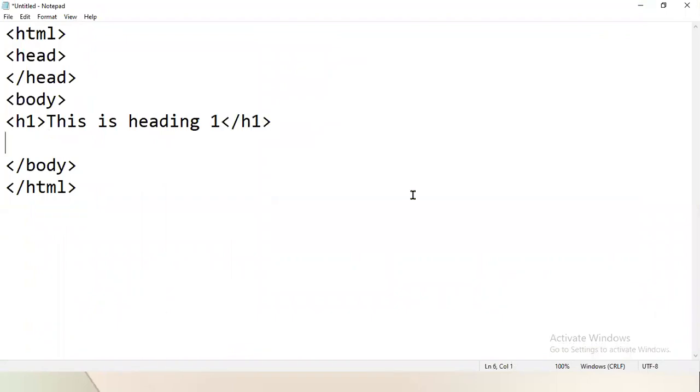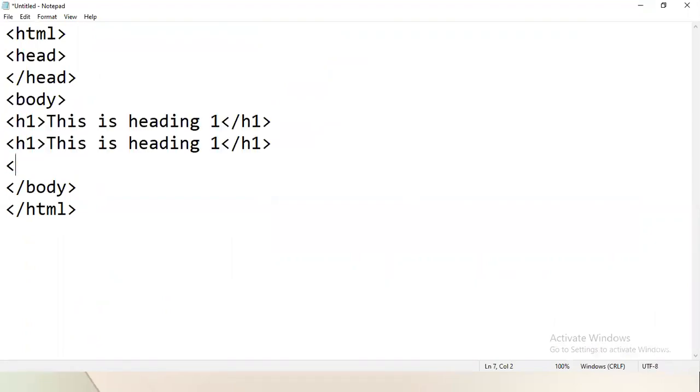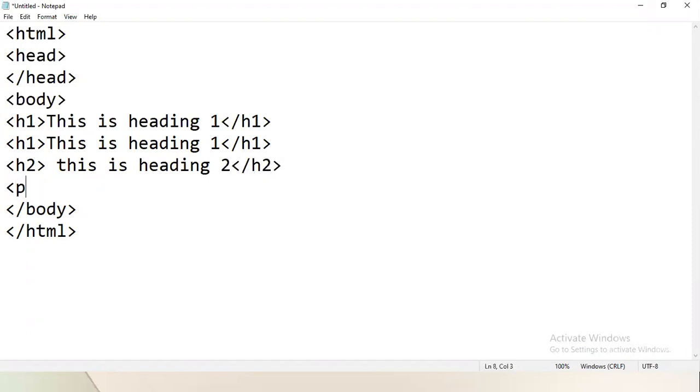For example, I'm defining two heading 1 and one heading 2. This is heading 2. And one P tag. This way I have defined four tags in my page, two tags which belong to the same category and two different tags.